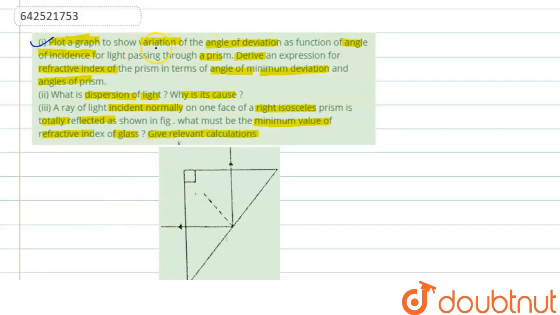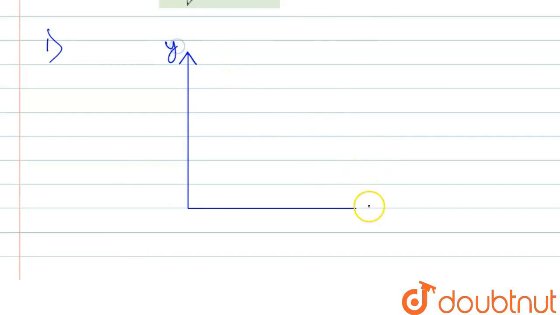So if we start with the first one, we have to plot the graph, and we have to show the variation of the angle of deviation, which is delta, as a function of angle of incidence. So if we plot the graph, it will be like this. This is the y-axis and this is the x-axis, and the x-axis has the angle of incidence,